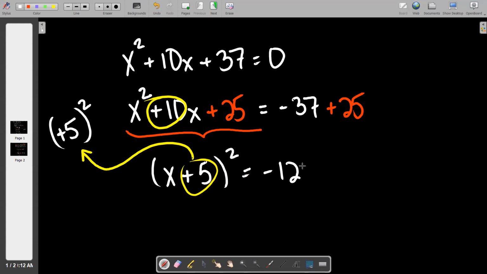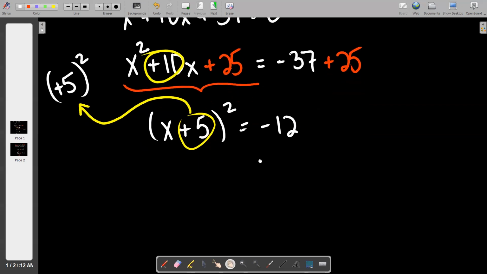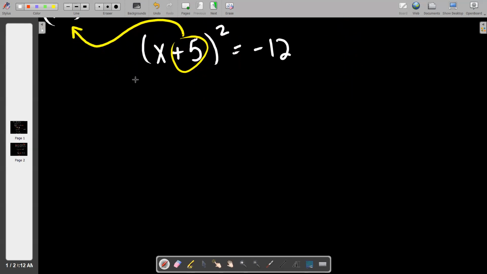And we've arrived. Now what do we do to both sides? Square root both sides. When I square root the left side, what do I get? Yeah, no parentheses anymore, right? The parentheses were only there to enclose the squaring process. If the squaring process is gone, they're not needed. Don't put them, they'll confuse you. Equals